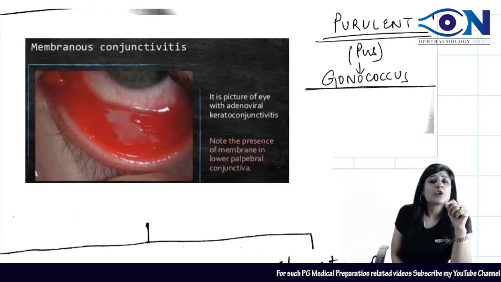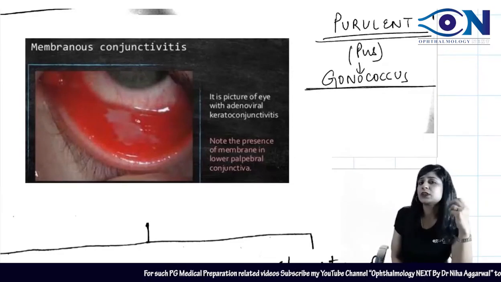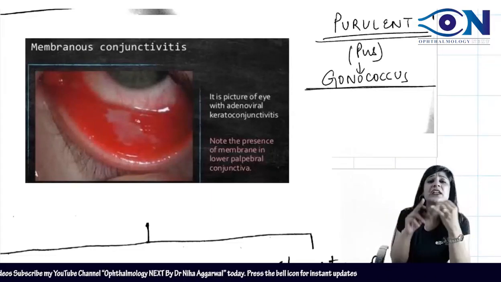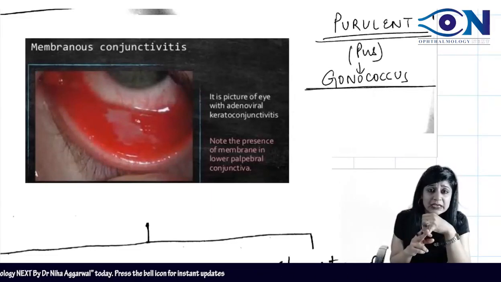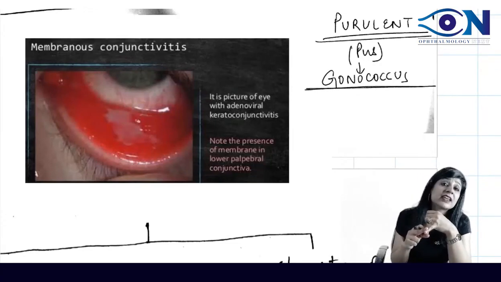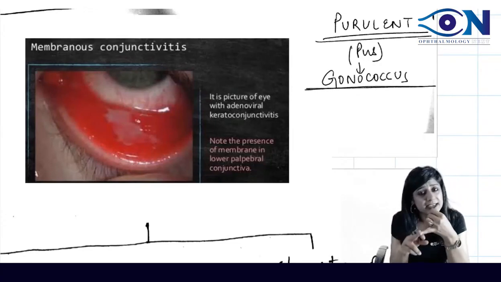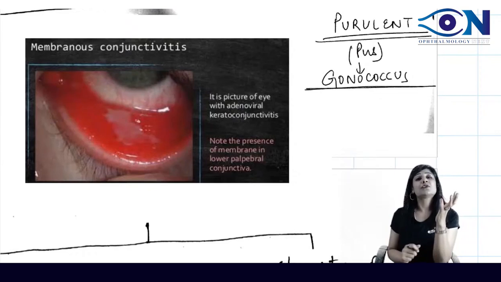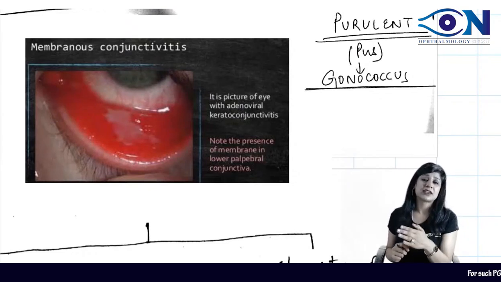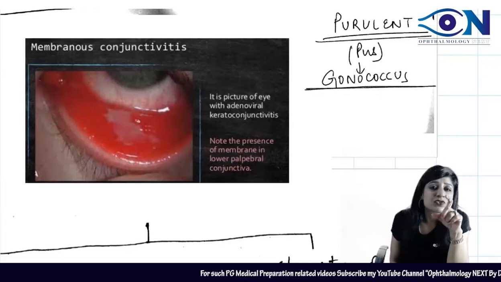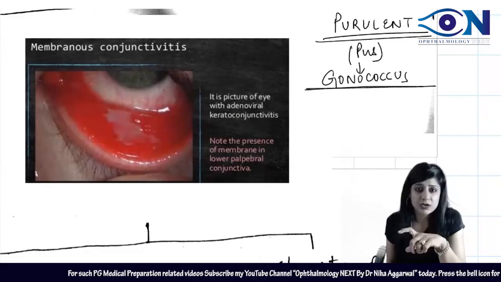Now, whenever we are talking about the gonococcus, you know that gonococcus is a very, very virulent bacteria. So all the things related to gonorrhea, you have to keep in mind. This is the way how you have to learn the things in the integrated manner. You know about Neisseria gonorrhoeae. It's a virulent bacteria. Then it can cause the systemic manifestations. We can have urethritis. We can have arthritis. And another important thing is that it can penetrate the intact cornea also.